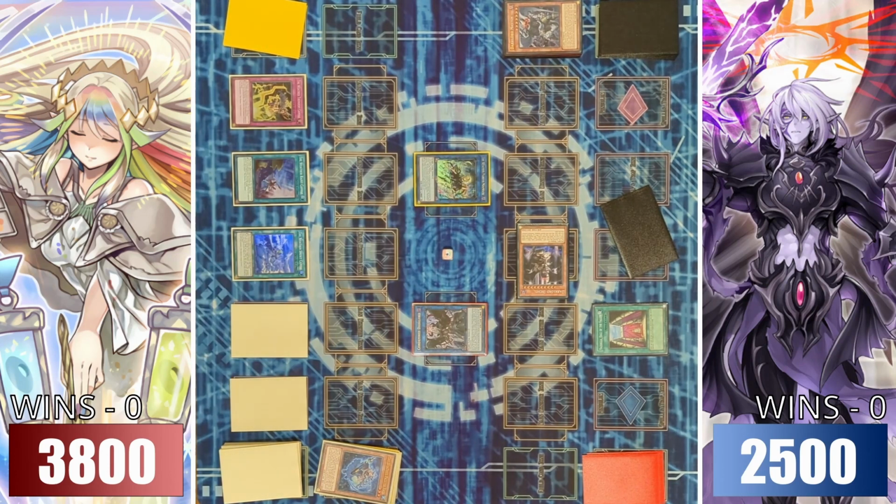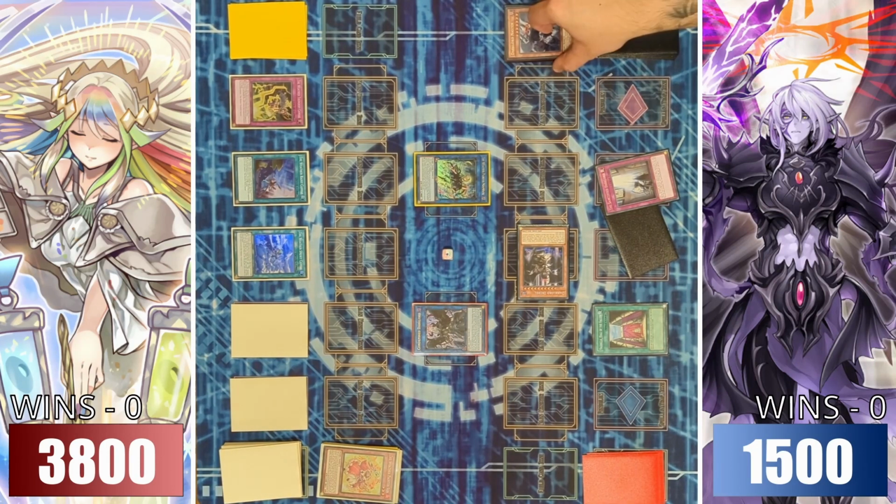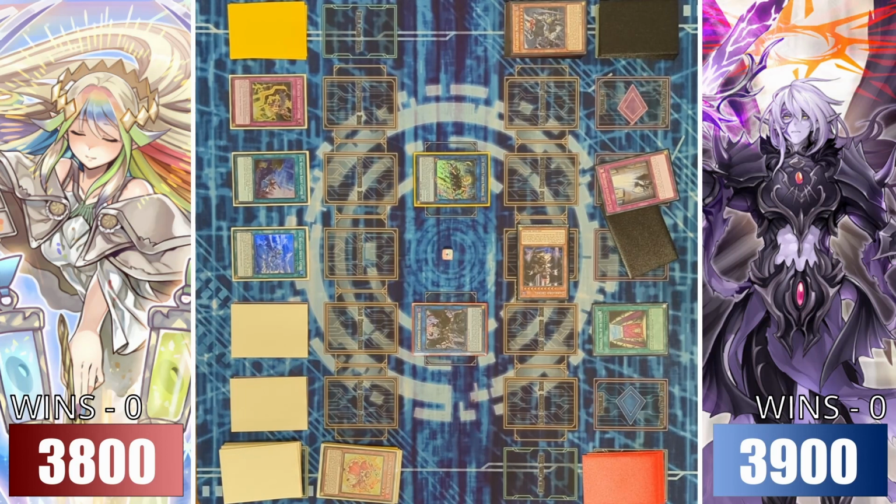Ooh, the hard link for 3. Yeah. Activate the Ixchel. Pay 1,000 life points. What am I going to use? Sanctified Darklord, gain life points, negate its effects. There's nothing it can do. Nothing it can do. I'm going to gain 2,400. Its effects are negated. I would have loved to use my field spell to use my canvases. But alas,